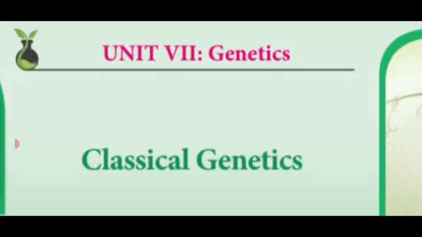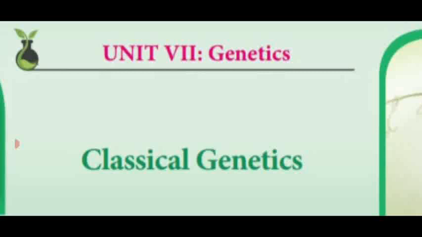that is capital Y with small r small r is denoted as yellow wrinkled. It is 3 in number out of 16. Another one, green round, that means small y small y with a capital R, is named as green round. This is also 3 out of 16. And green wrinkled, only one, that is small r small r, small y small y, is one of the parental characters.